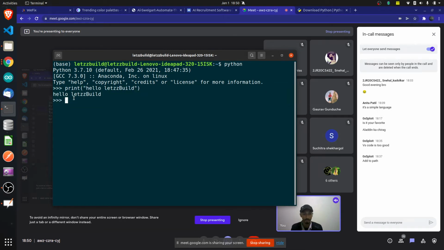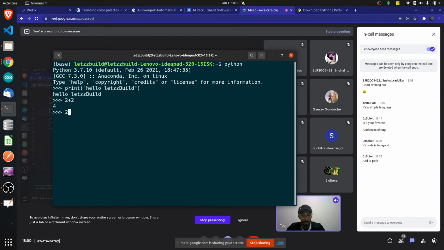So I am trying to tell you the different ways through which you can execute your Python programs. The first one is through the Python interactive shell. Open a terminal, type Python, boom, and that's it. You don't need to write main, printf, all those arrows, flower brackets, closing brackets. Nothing is needed. If you want to do some addition, just do 2 plus 2 here and you will get the output.